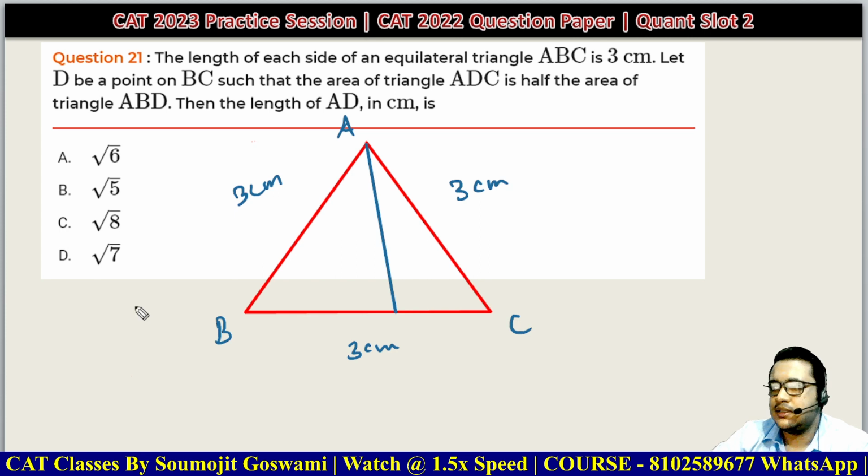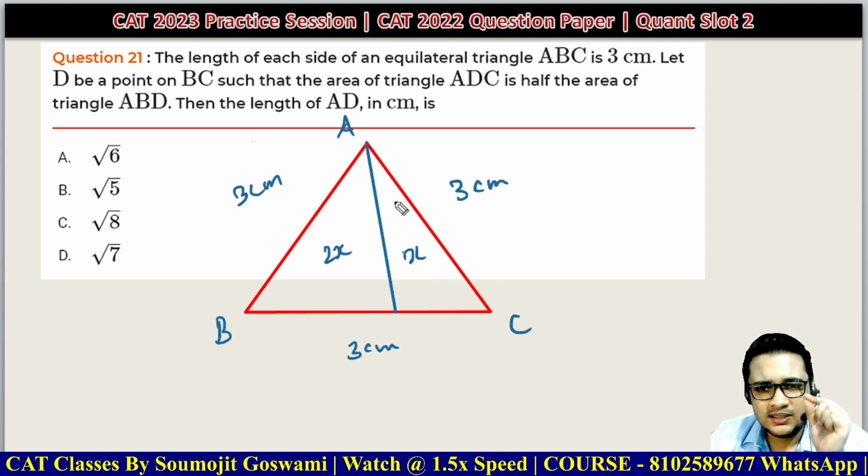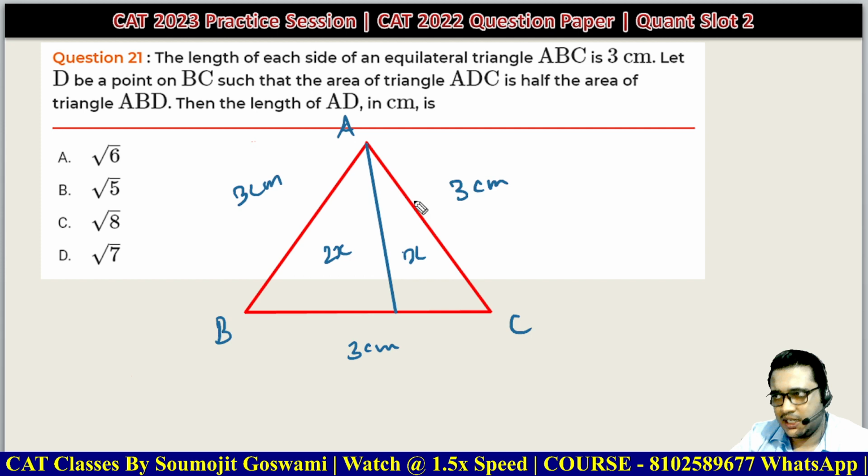What it is telling you is, if this is x, this area will be 2x. Now, if you have done even this much of triangles, this is the first thing that I teach you in the triangle concept: the areas divide the entire triangle, and a cevian drawn like this will divide the other side in the same ratio as the areas. Basically, this is going to be 1:2, or rather 2:1 is the right term,